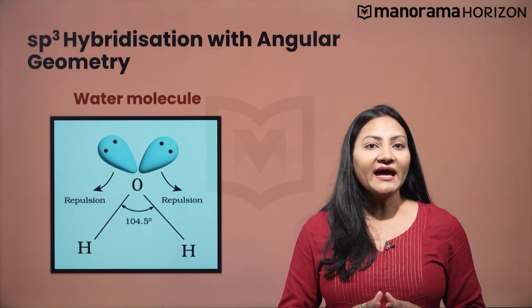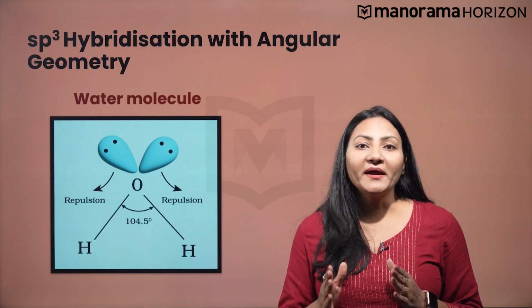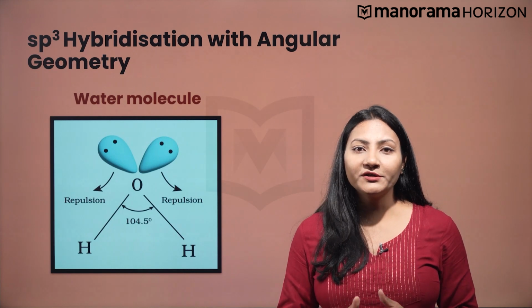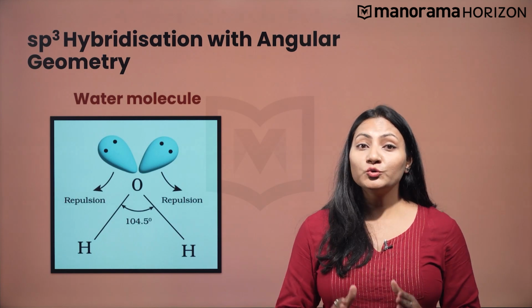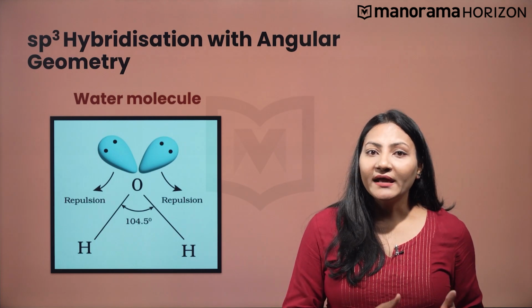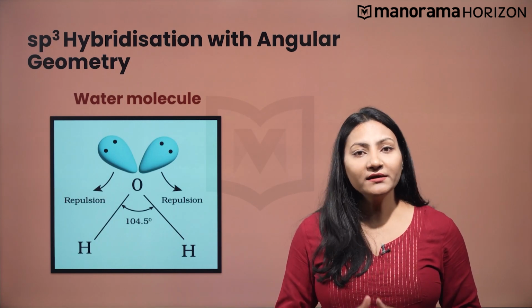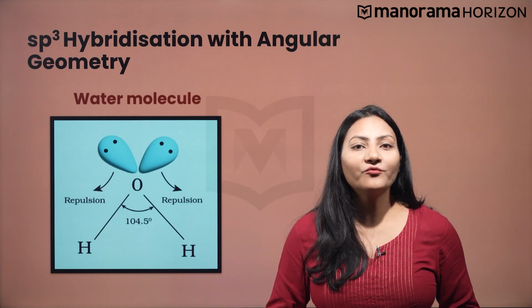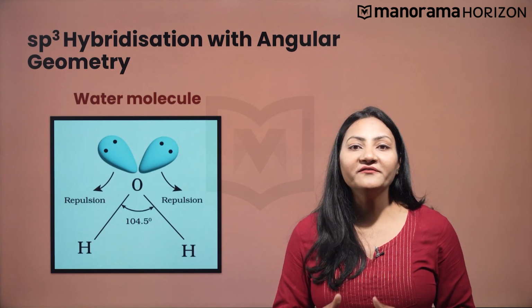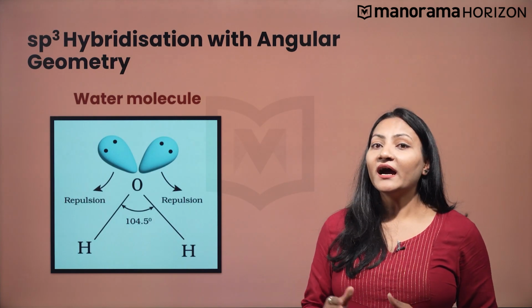Similarly, the oxygen atom in water molecule possesses two lone pairs of electrons. Because of this, the oxygen atom experiences two types of repulsion: one between a lone pair and a bond pair, and the other between a lone pair and a lone pair. The bond angle of water molecule is reduced to 104.5 degrees due to additional repulsion, giving it a V shape